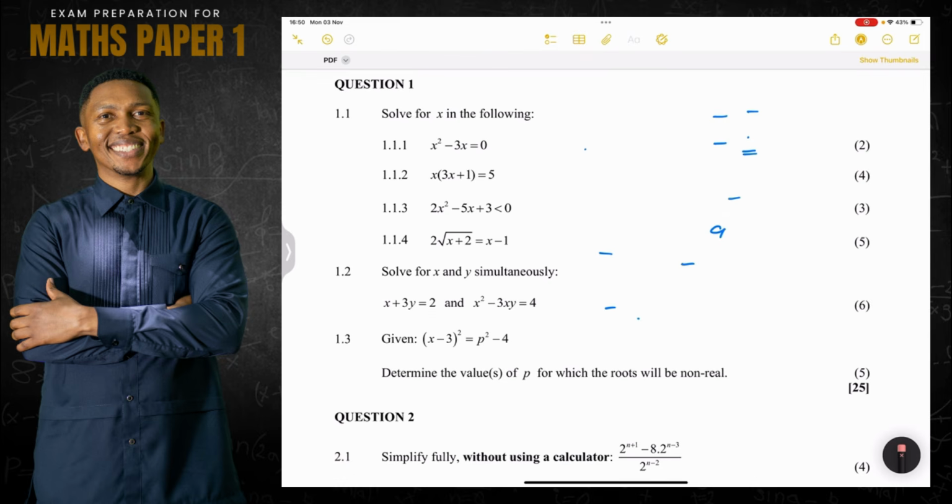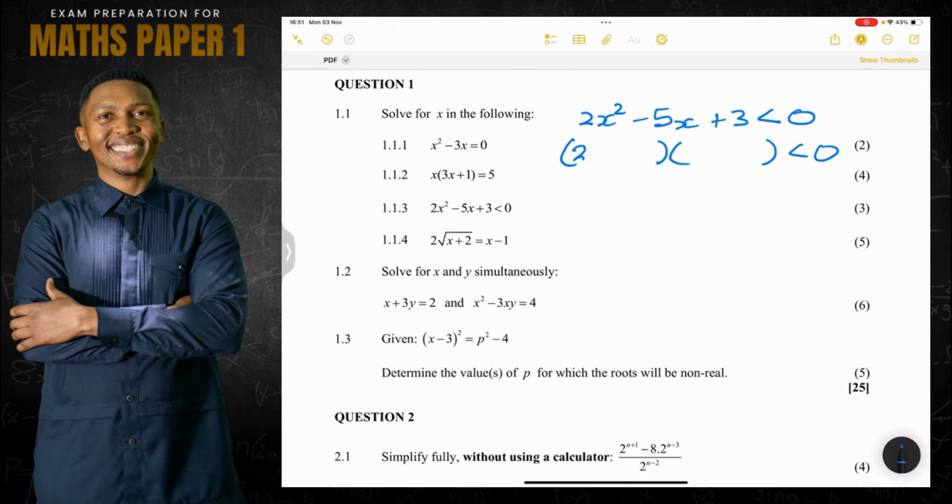It is an inequality, and please note, guys, when we are dealing with inequalities, we need to always make sure that we get our critical values. So that's 2x squared minus 5x plus 3, and this is less than 0. Now, let's try and factorize. So in this case,